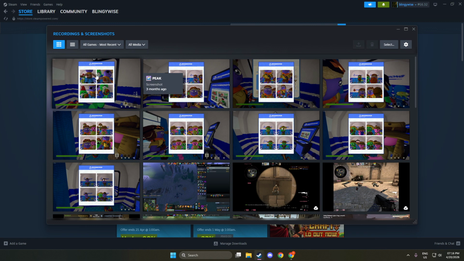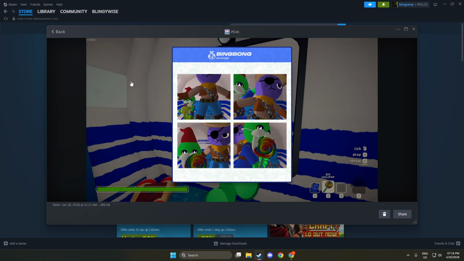Now, select your game. Near the top of the uploader, there's a drop-down menu that lets you filter screenshots by title. Choosing the specific game helps you quickly zero in on the images you want without scrolling through everything you've ever captured. Click a screenshot to highlight it. You'll see a preview on the right, which is a great moment to double-check image quality and composition.